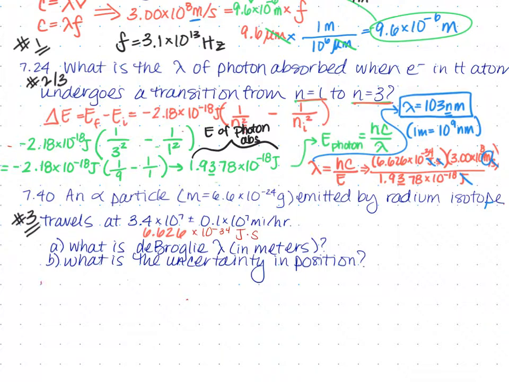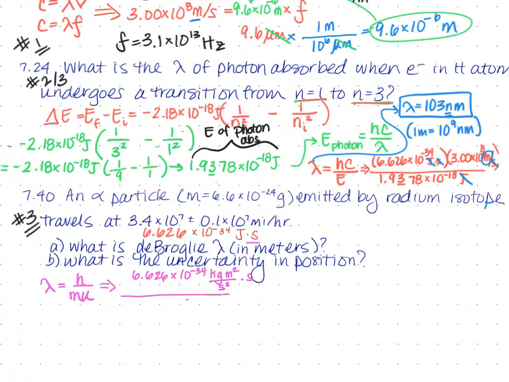I know that the de Broglie wavelength is equal to Planck's constant divided by the mass of the object that I'm studying times the speed of that object. Writing this out, I have 6.626 times 10 to the negative 34. I'm going to write out what a joule is, and you should be familiar with this so you know how units cancel. A joule is a kilogram meter squared per second squared, and then we have times second,